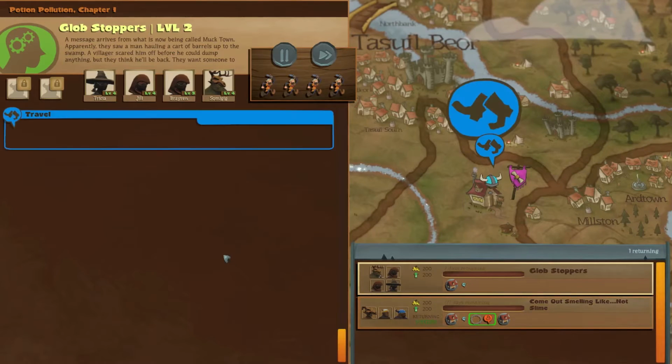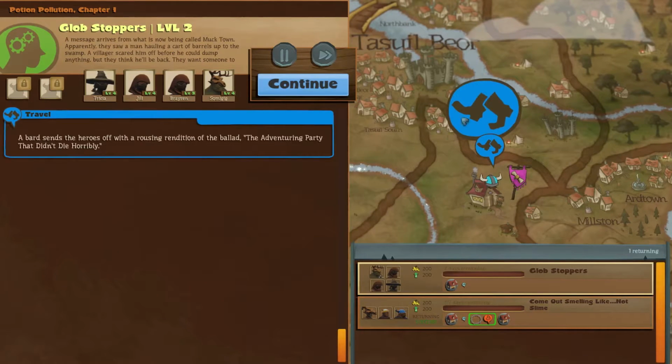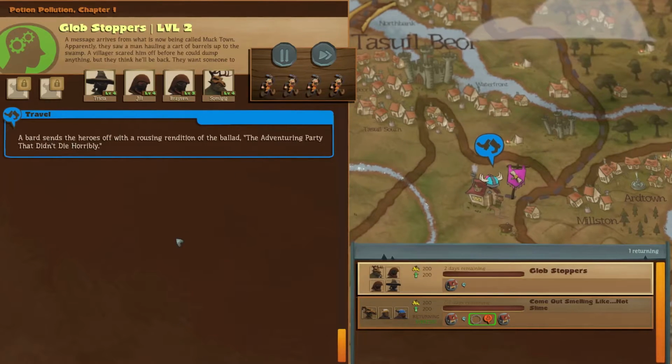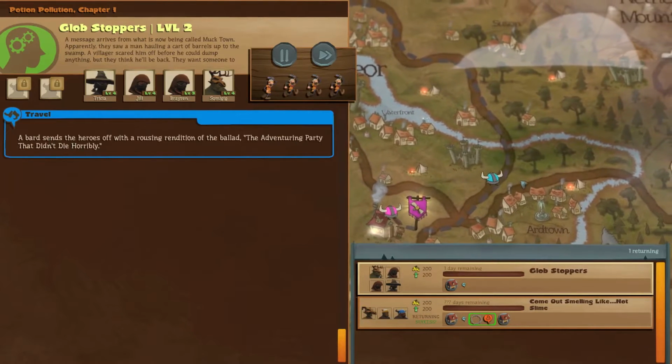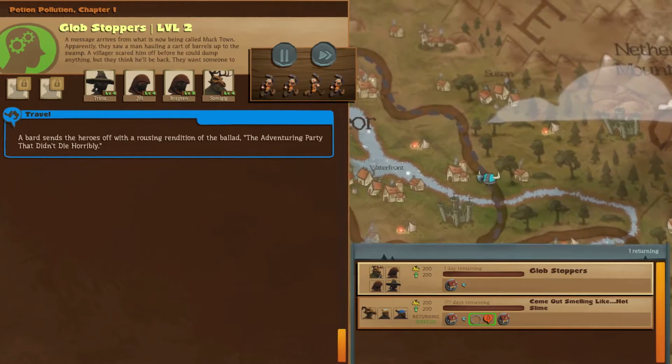Okay, cool. Right, now the bigger quest, which was kind of up here somewhere, up that way. A bard sends the heroes off with a rousing rendition of the ballad, The Adventuring Party That Didn't Die Horribly. Thank you, bard. Okay, continue on. Oh, it's up that way? I thought it was in a different way. Okay, there were more encounters in the previous...